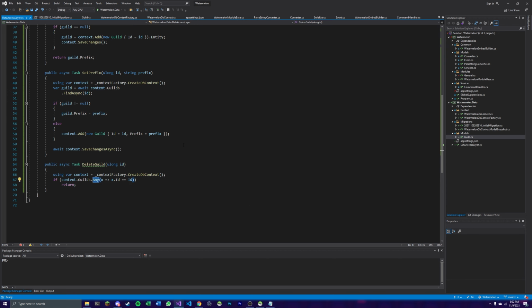So if it's not already there, then we want to return. So if context.guilds.all and then the ID does not equal our ID, so if none of the guilds that exist have our ID, then we want to return. Now, if that's not the case, we'll say